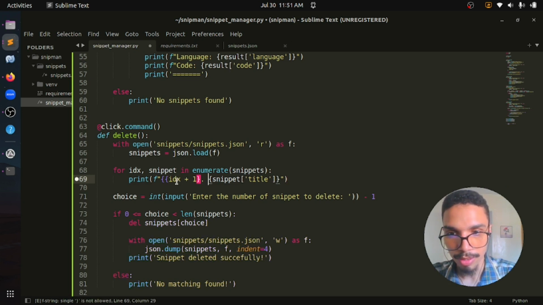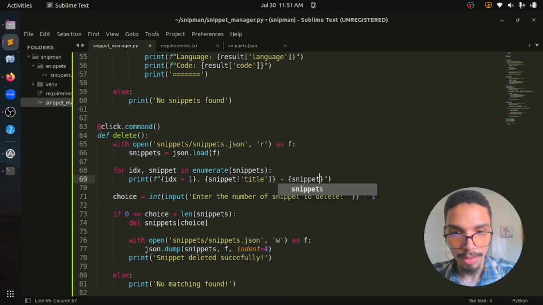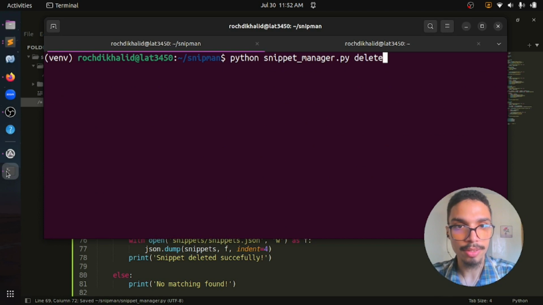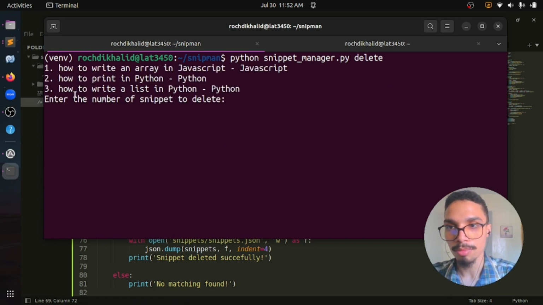So now it should work. Nice, so now I understand what's going on. So I should say snippet and here language. Okay. So maybe because I put this inside these curly braces and it considers that as a variable or something to encounter here. Okay, so now if I go back there and say delete, you can see it displays the